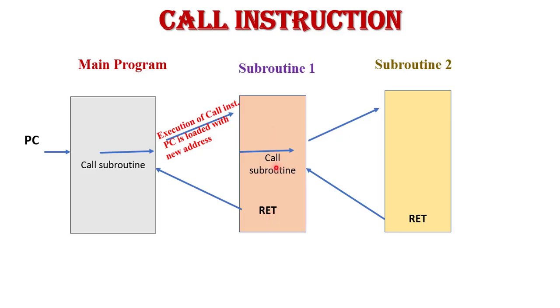The subroutine is executed by the microcontroller, and when the return instruction is executed, the microcontroller comes back again to the main program. If this subroutine performs other tasks, just like after searching the smallest number, the microcontroller wants to remove that smallest number after saving, so this subroutine calls a second subroutine. This is called a nested subroutine.